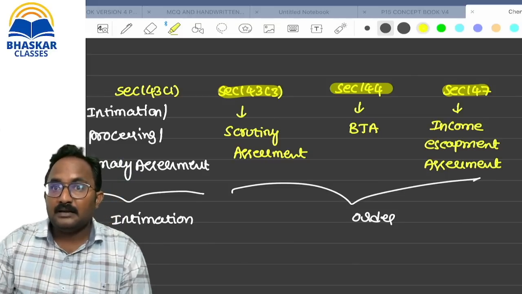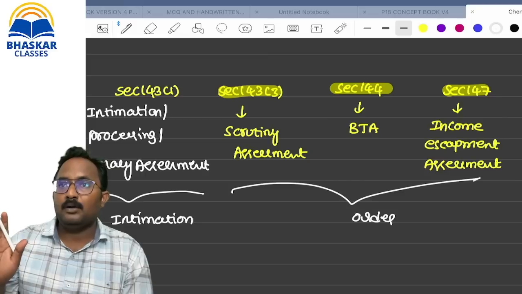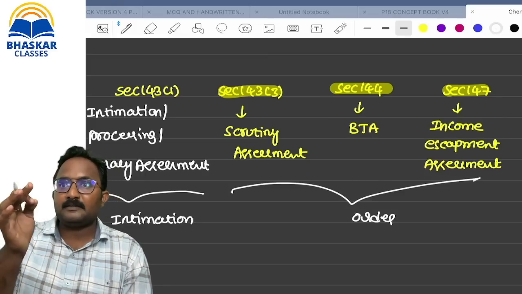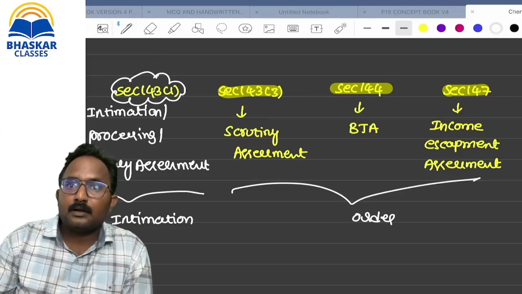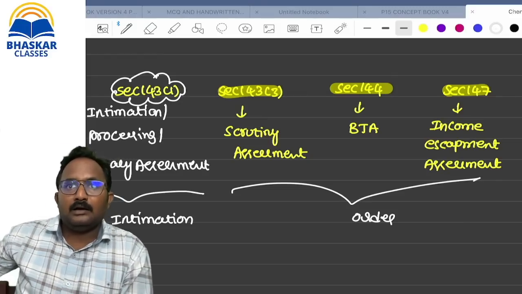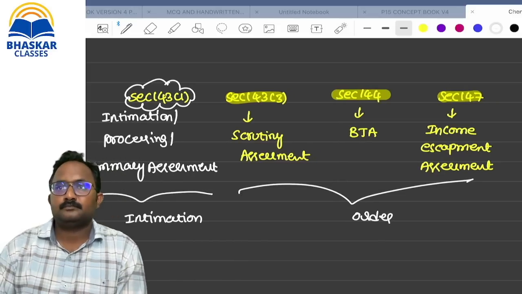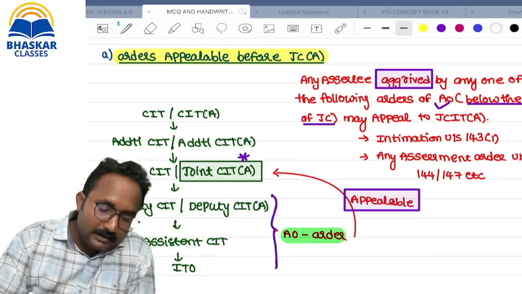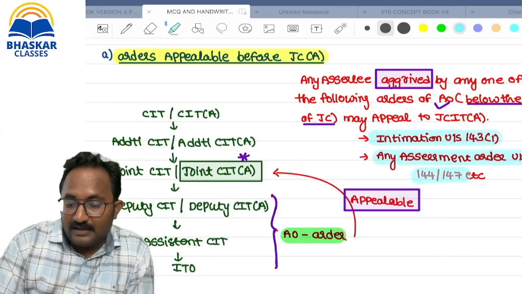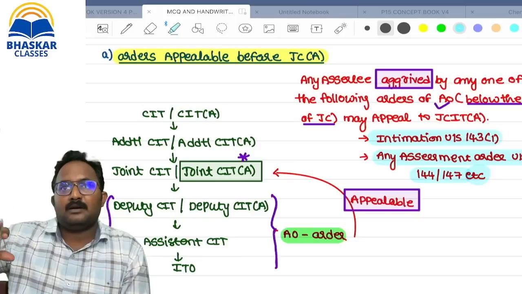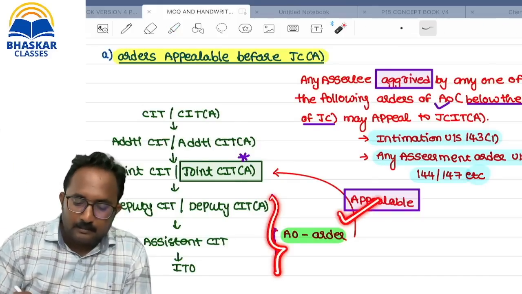But here, all of these can be appealable. Even an intimation can be appealed. For the purpose of making an appeal, a 143(1) intimation can also be treated as an order. Practically, 143(1) is always called an intimation, but we can make an appeal regarding it also. Please check it out. There is a huge list, including the 143(1) intimation and any assessment orders, but don't try to remember all the orders passed by these authorities that can be appealed before whom?